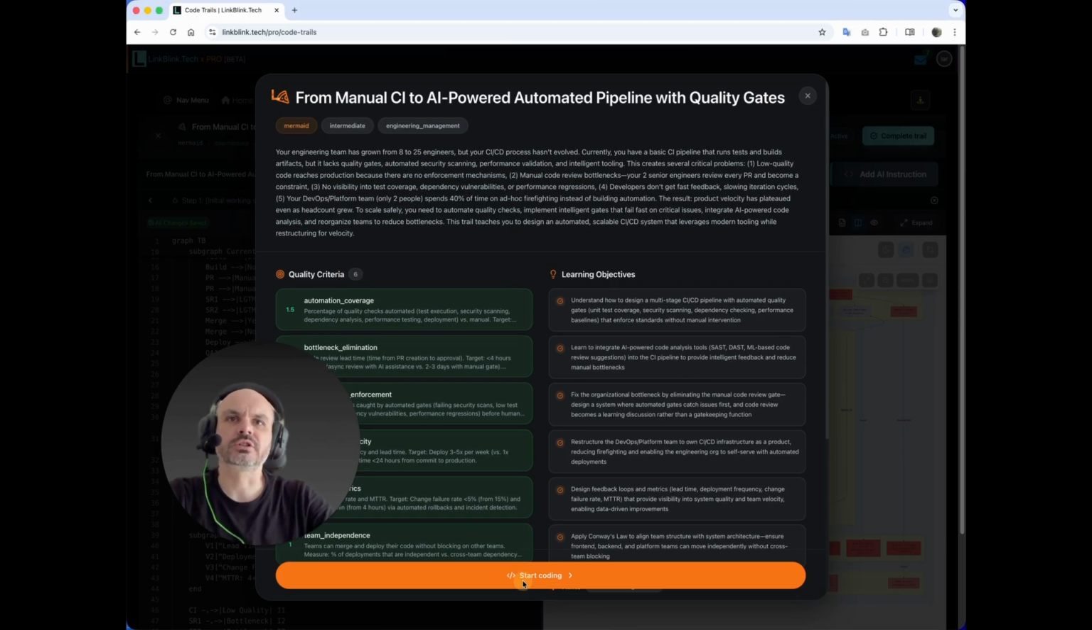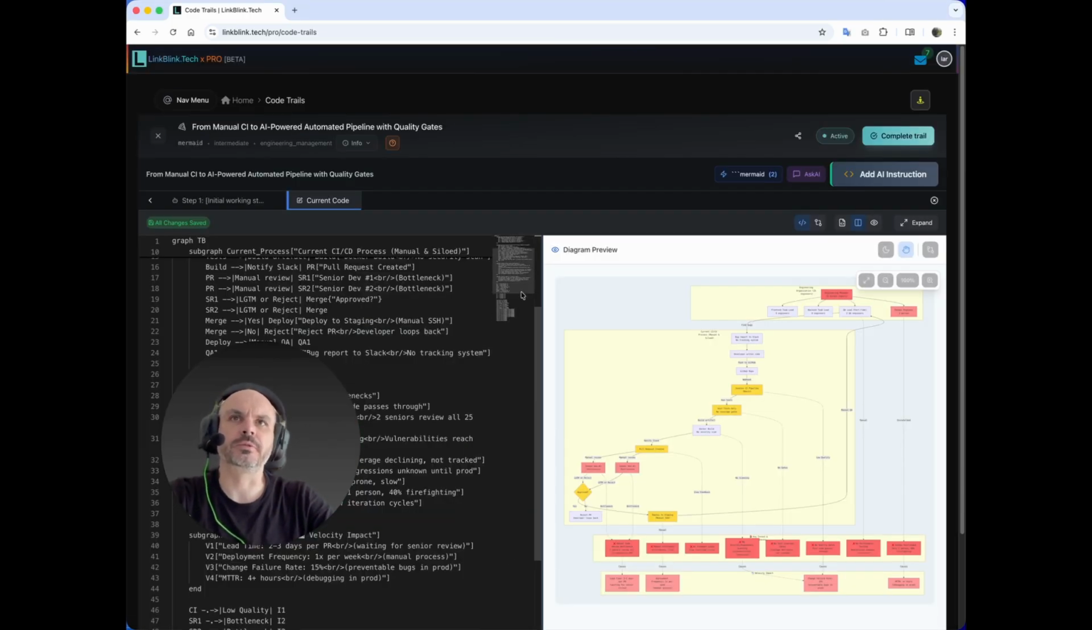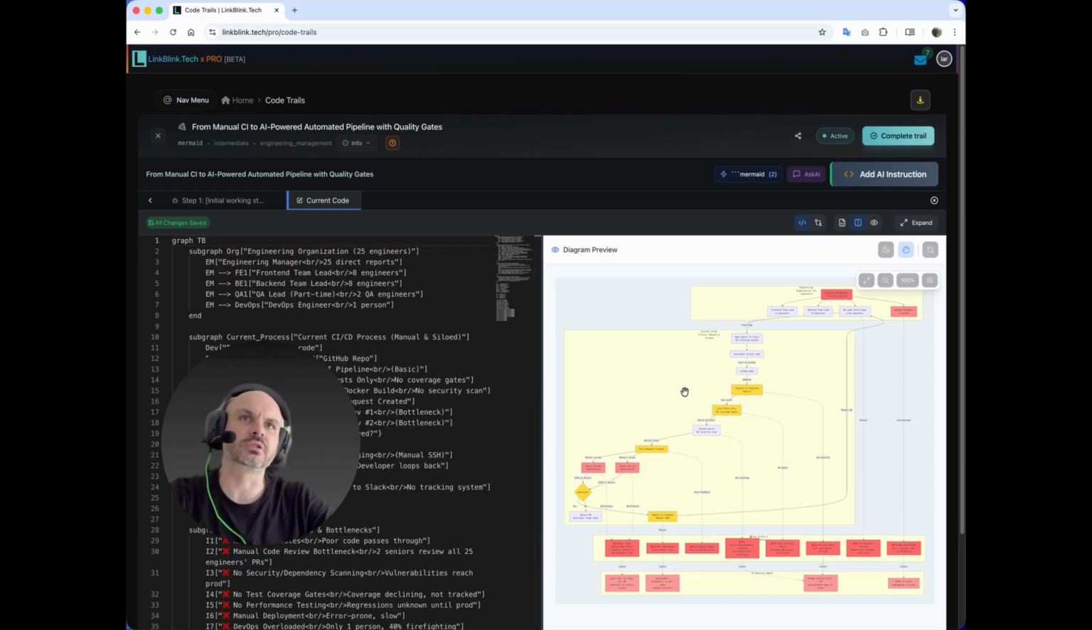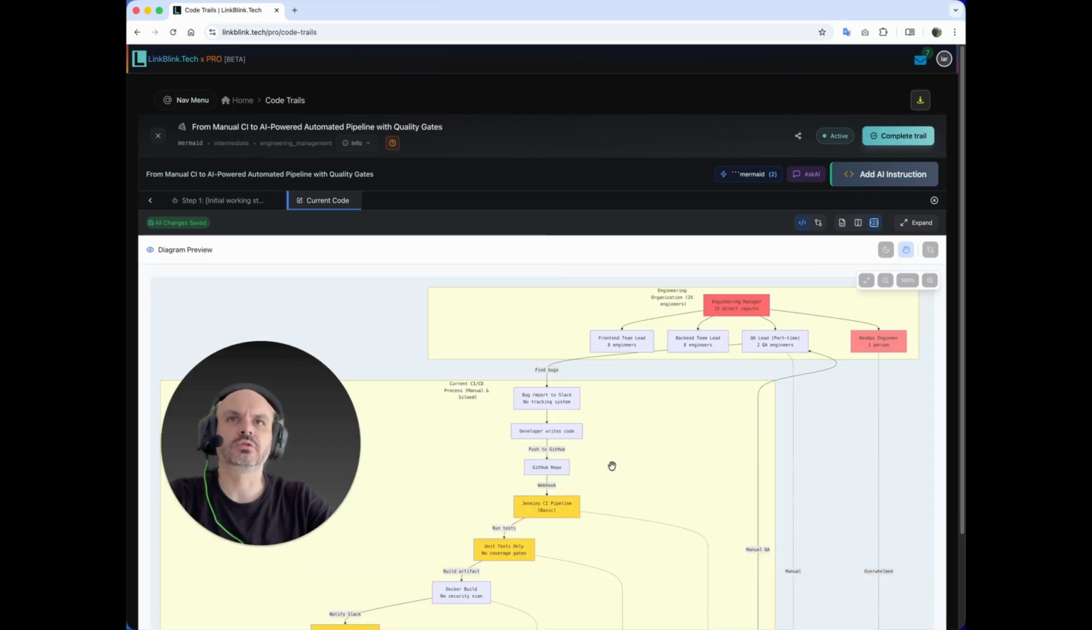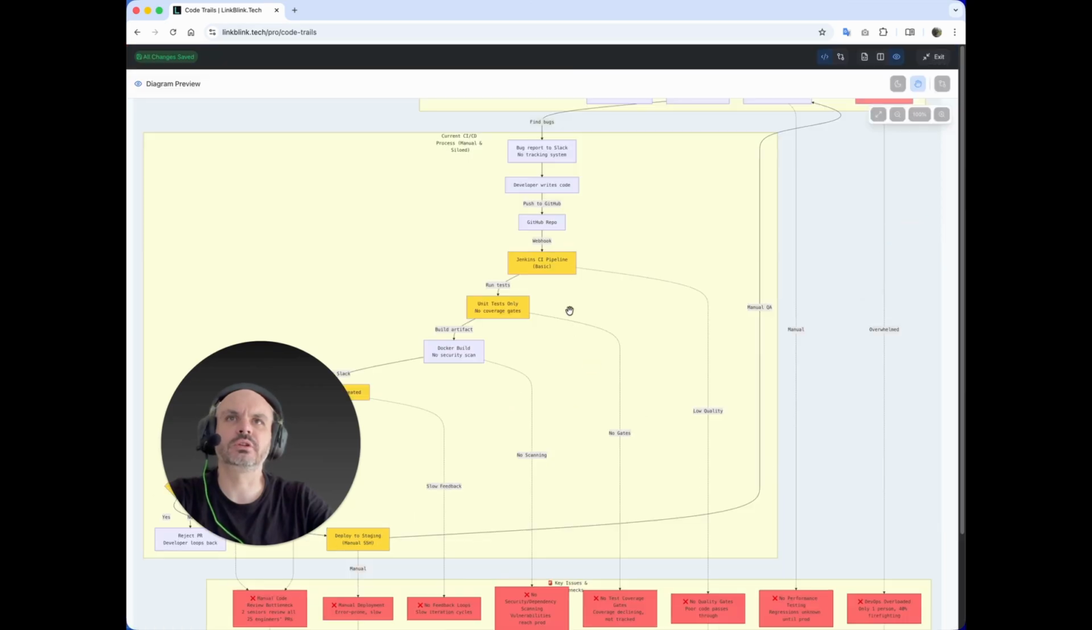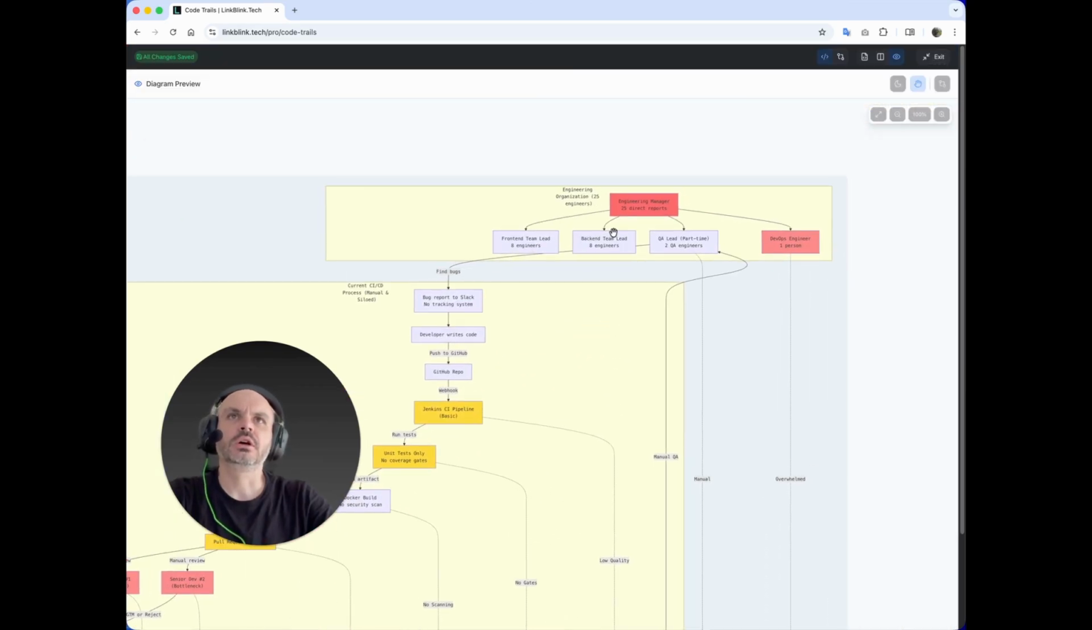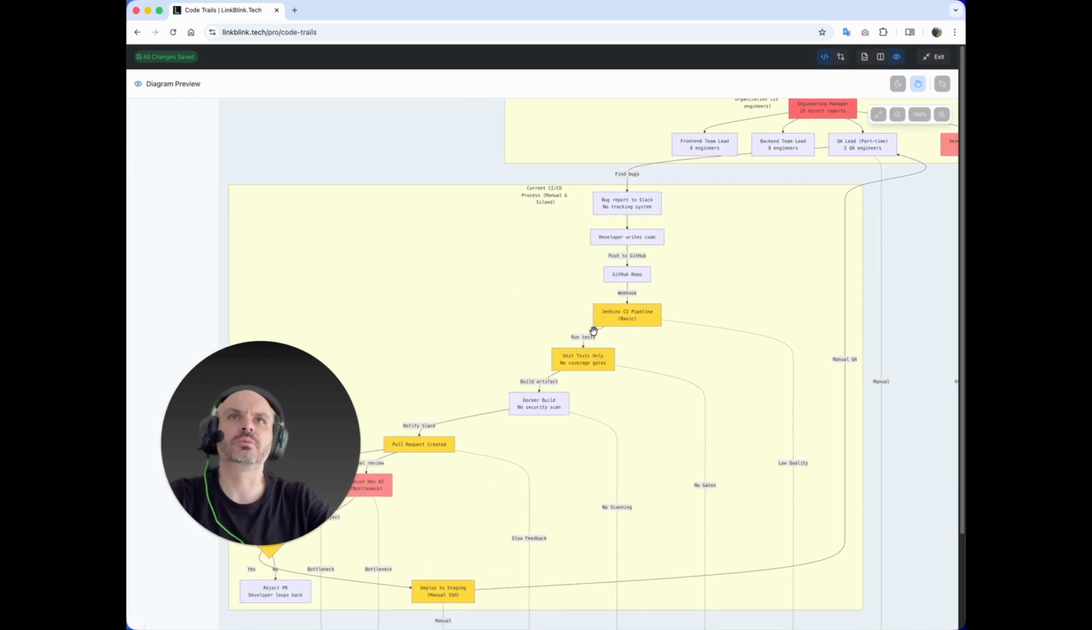As long as we are ready, we can start coding, and we're going to be in kind of a designer view, and we're going to have our diagram code on the left and the diagram on the right. I will turn on the diagram and go full screen just to examine what we have. So we have the engineering organization. Now it's 25 engineers, and we have the engineering manager with 25 direct reports. We have a DevOps engineer, we have a front-end lead, we have a back-end team lead, and we have the CI, which